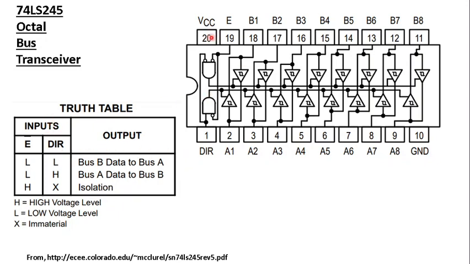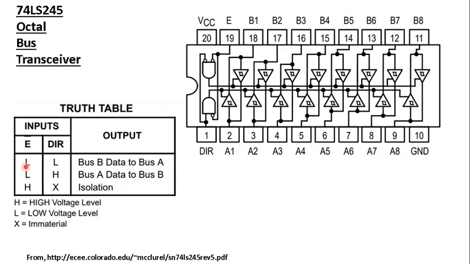Let's see how the 74245 ICs help us in data conduction. If you see the internal architecture of this IC and the corresponding truth table, these are tri-state buffers, and they are pointing in the direction of conduction. The upper row buffers conduct from the B input side to the A output side, in the downward direction. The other row of tri-state buffers conducts from the A side to the B side, in the upward direction.